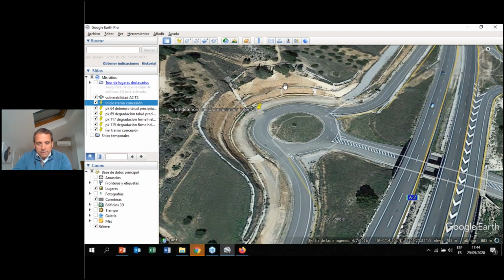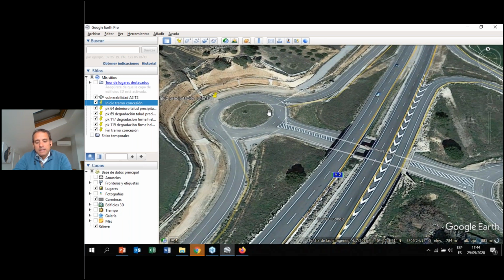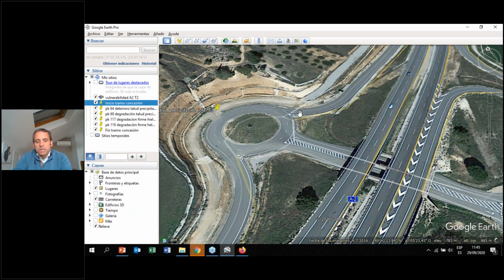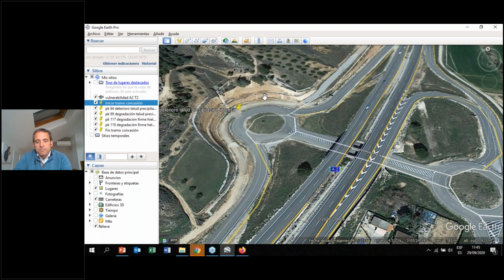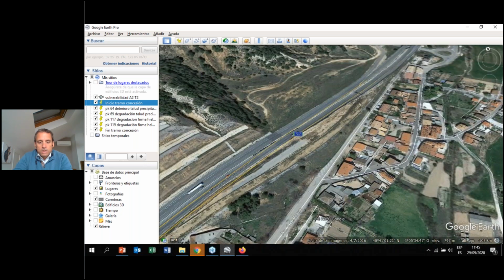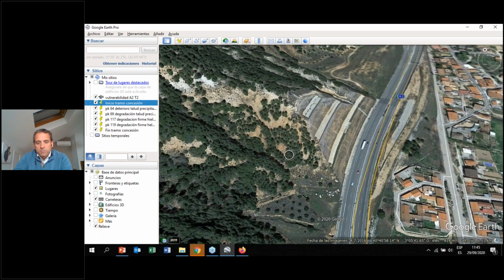But how this soil collapse into the road may affect the circulation? Well, for example, it may not cause a big issue for the circulation, as it is not in the main track of the road. But for example, if we go to this other one, which is in another specific point,